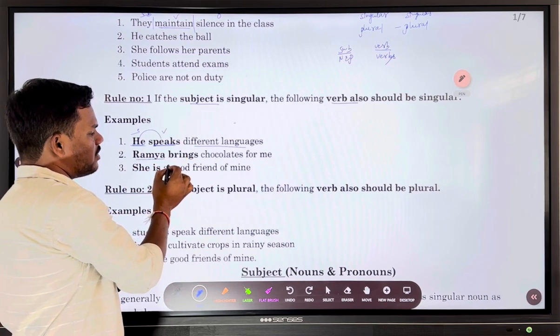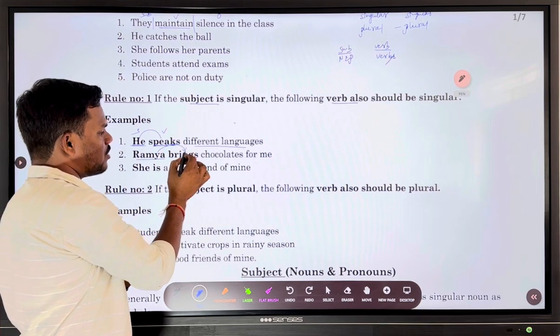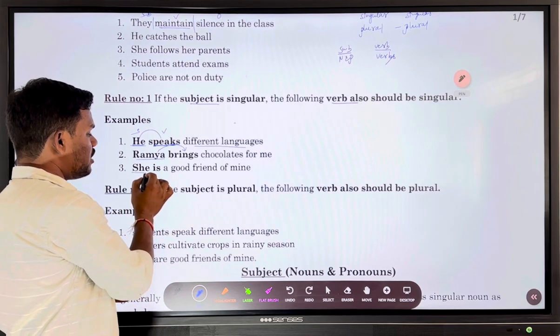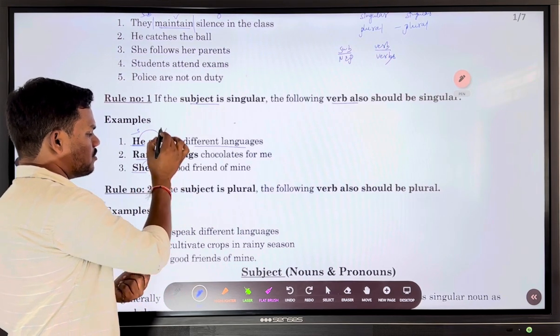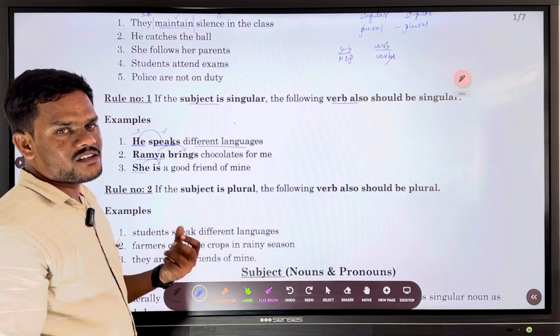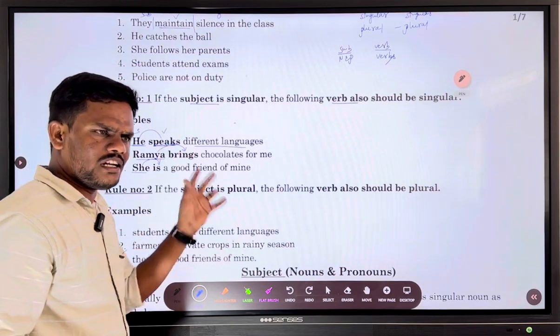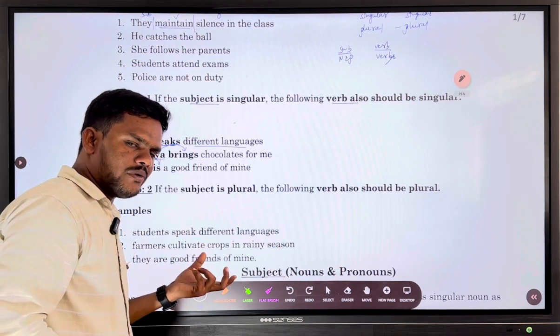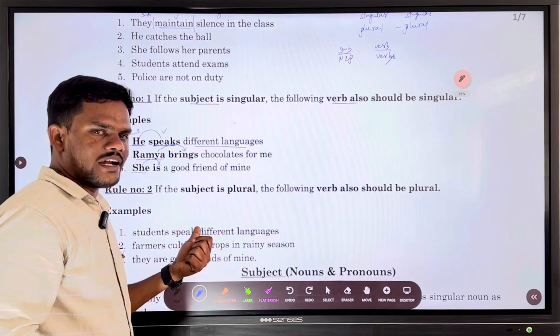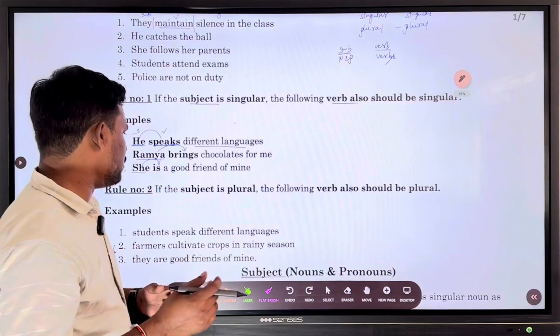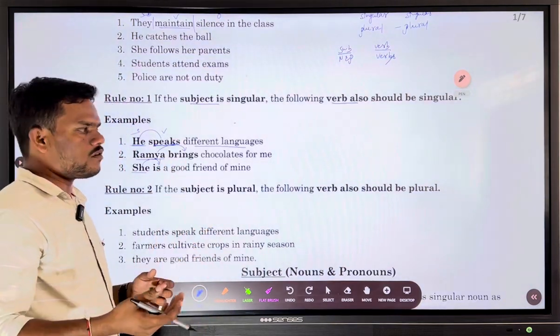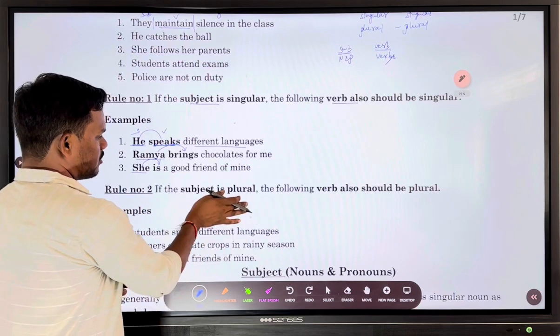And Ramya is singular. That is why we are taking a singular verb. Ramya brings. She is singular. That is why we are taking is. Hope you all know what are singulars and what are plurals in be forms, do forms, and have forms. Whatever the verb is going to be, a verb added by s or es is said to be a singular verb. So based on that, we can write a few more sentences. Next